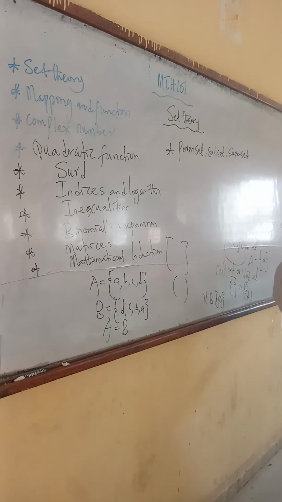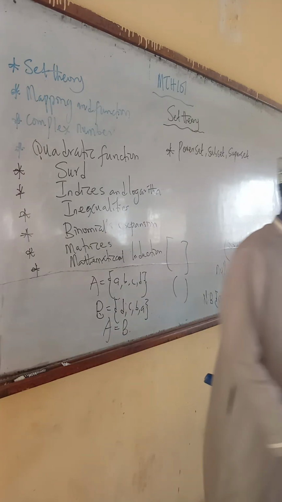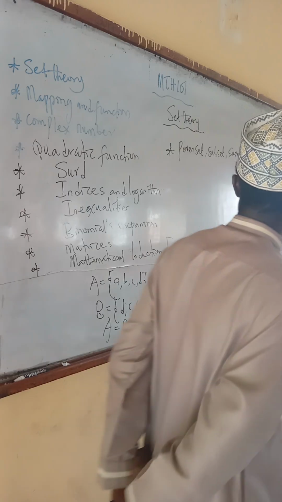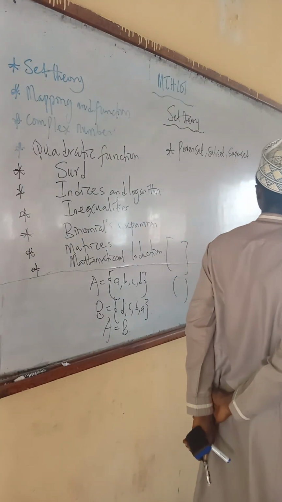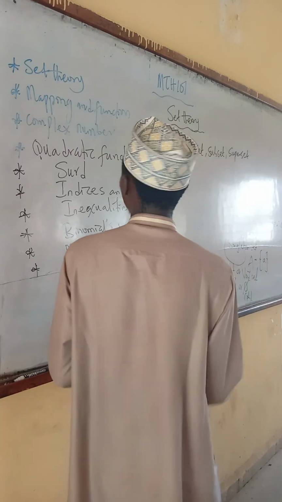As the number of derivatives a set comprises. Full stop. Power set is denoted as P